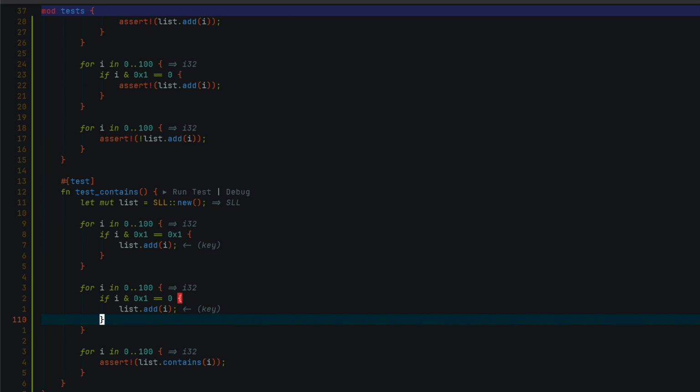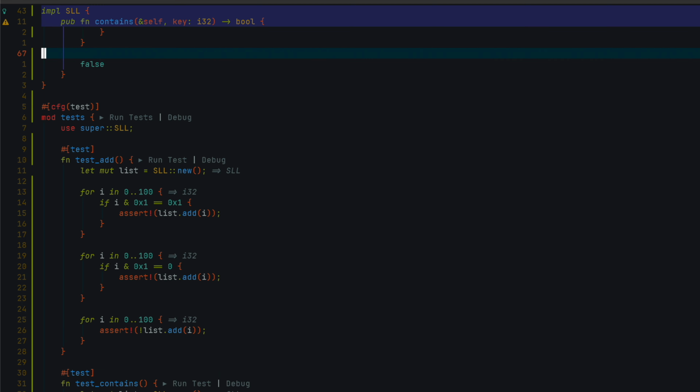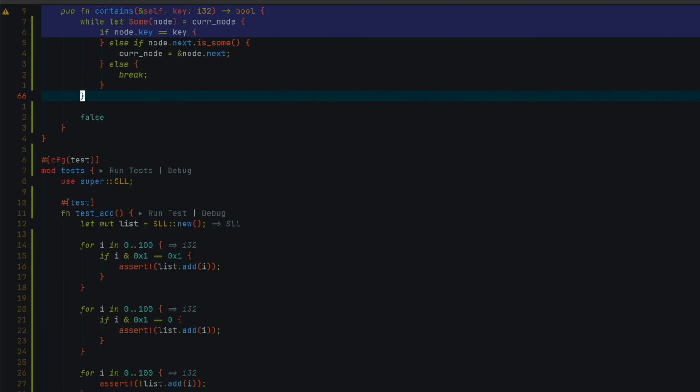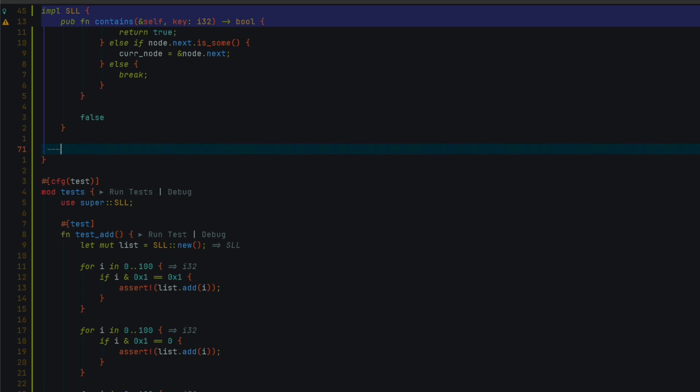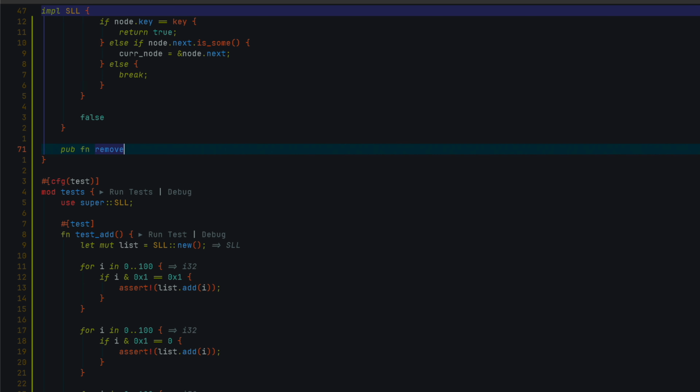Now let's implement the remove function. Now, according to our book, the remove function will also take a key, check if the key is in the list. If it's there, then we can simply remove that node from the list. Otherwise, we shall just return false. Okay, so this is going to be i32, which should return Boolean,